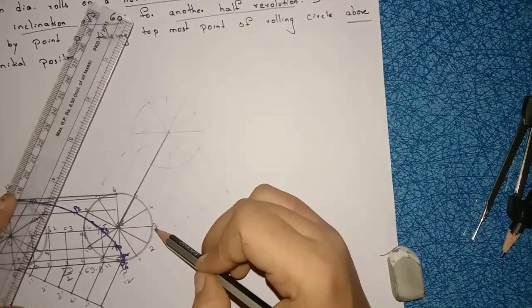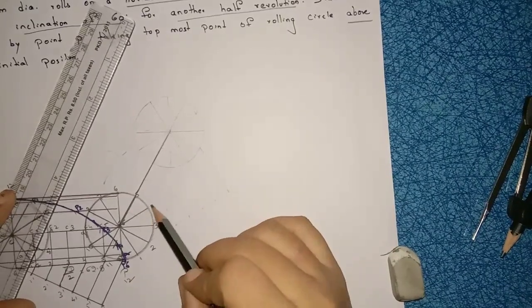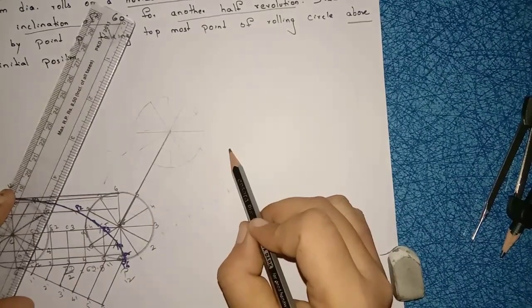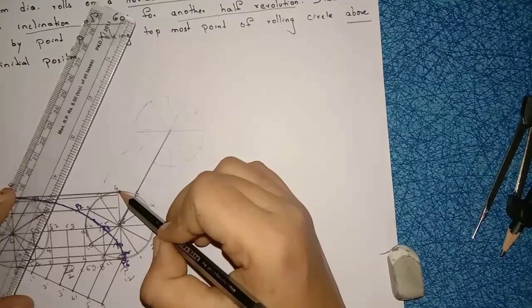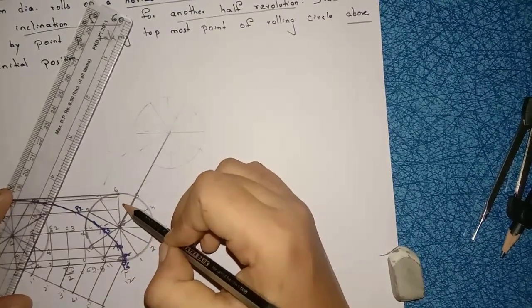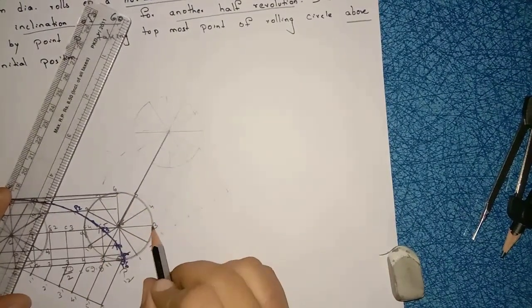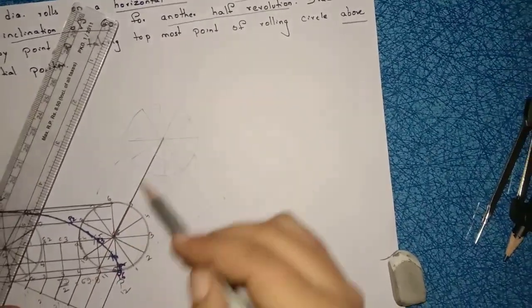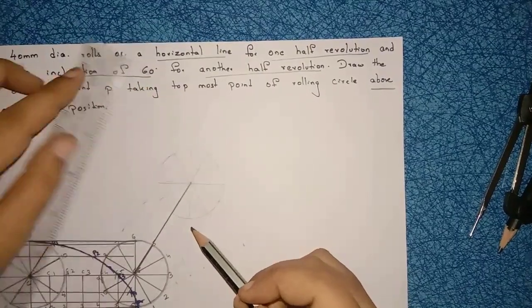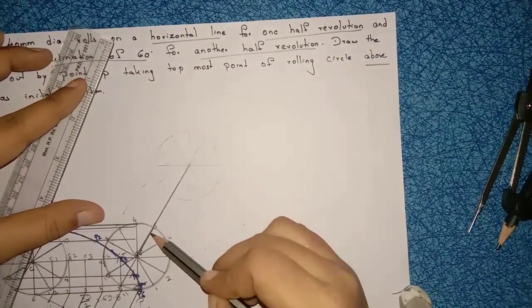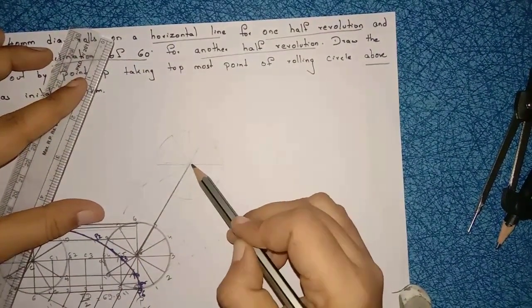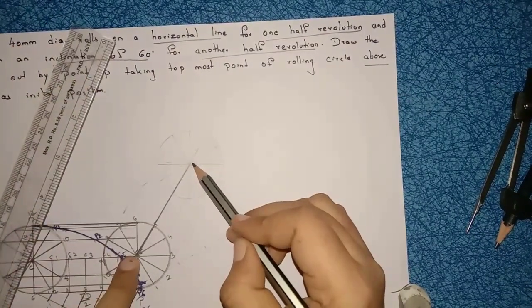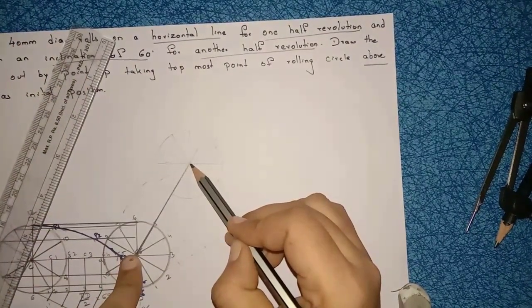If they ask 30 degrees, you have to extend this 30. In the question, if they ask 80 degrees, 70 degrees, it depends on the circle, 0, 30, 60, 90, 120, like that, right? So in this question they mentioned 60 degrees, so that's why 0, 30, 60 degrees, I'm extending the 60 degrees line, right? So from here to here it should be pi d by 2.